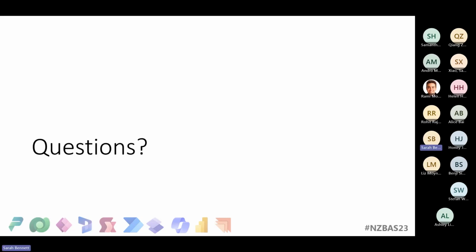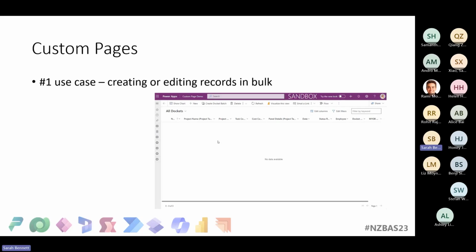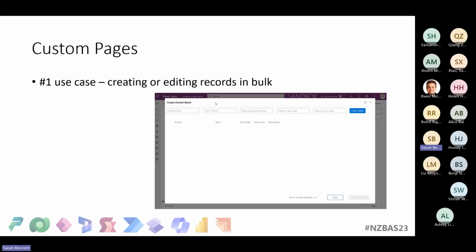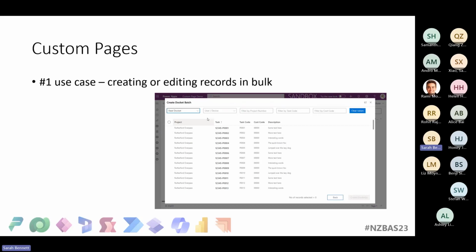Okay, any other questions? Because if not, I can spend a couple of minutes talking about custom pages. What's a custom page? Well, with Power Apps, the type of apps that we can build, this morning we heard about Power Pages, which are the portals, and while someone was doing their demonstration, yes, I think it was during the Power Pages demonstration, we